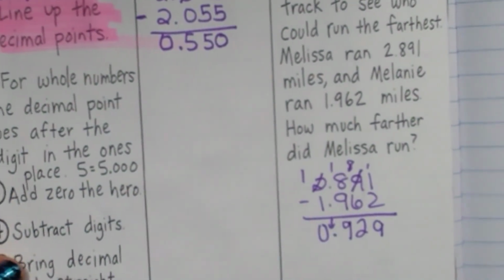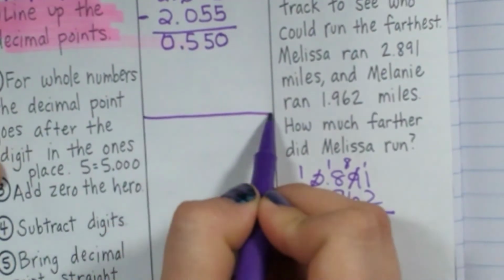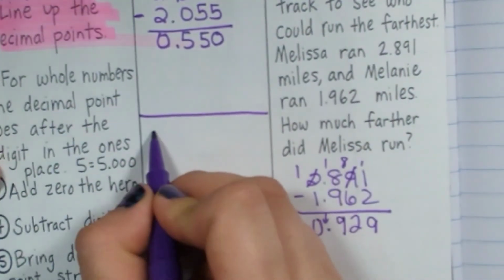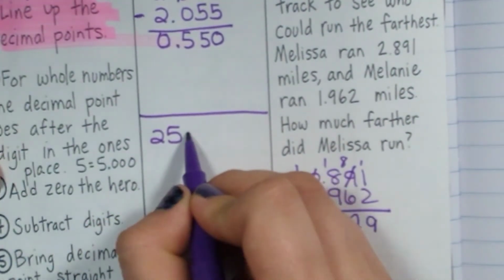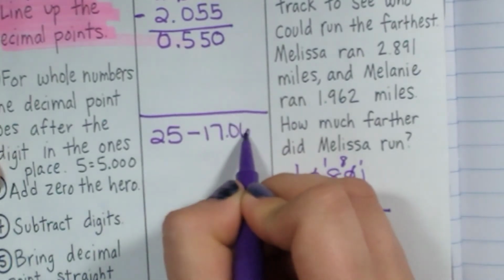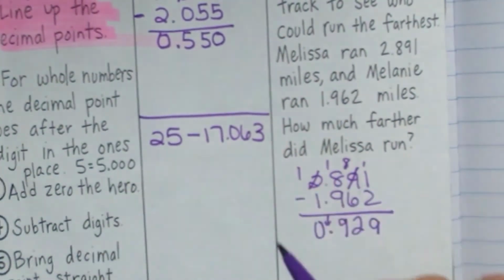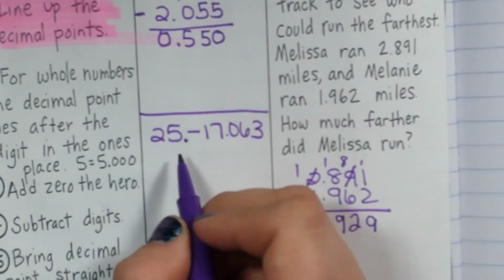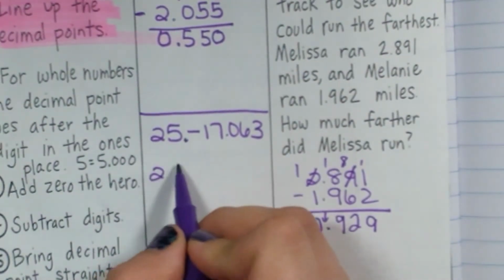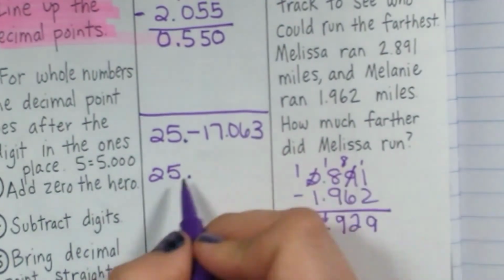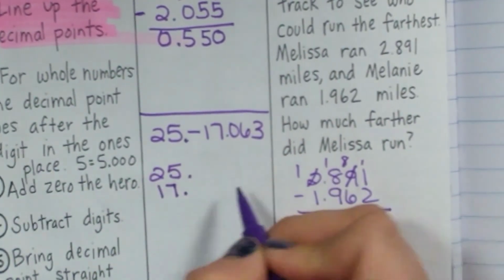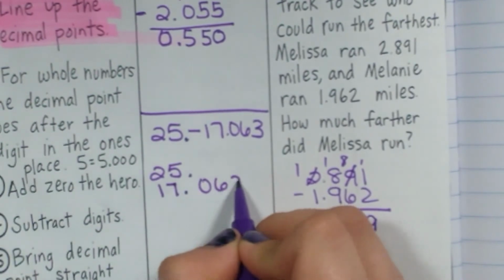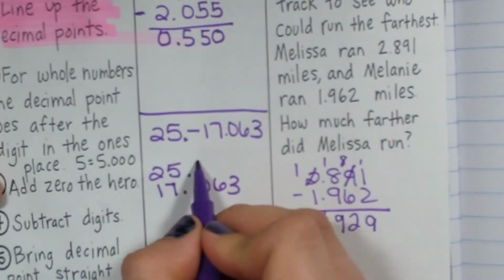So actually, let's move down here. I'm going to move this one down here. Okay, now we're going to line up the decimal points. Remember, the decimal point is at the end, so it's going to be 25 point, and then I'm going to write my decimal points to line up. This is when I would add 0, the hero,